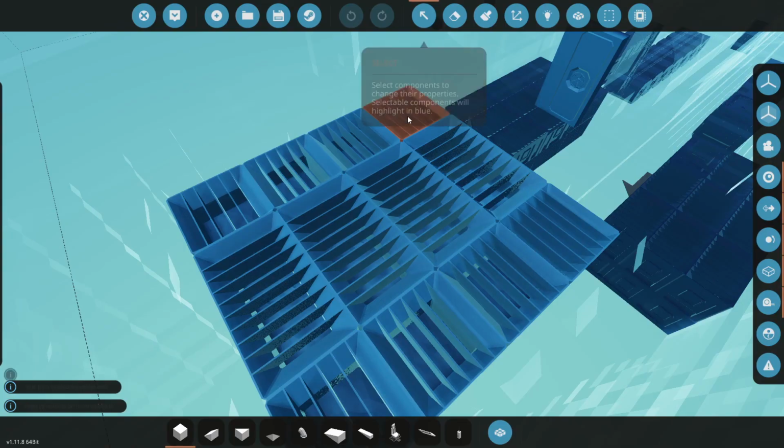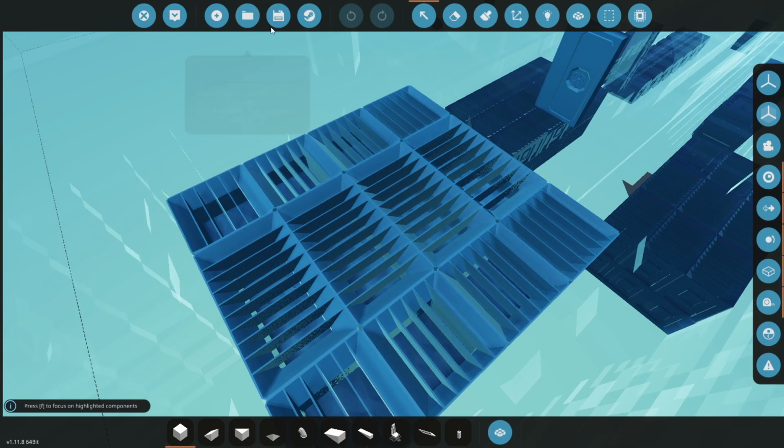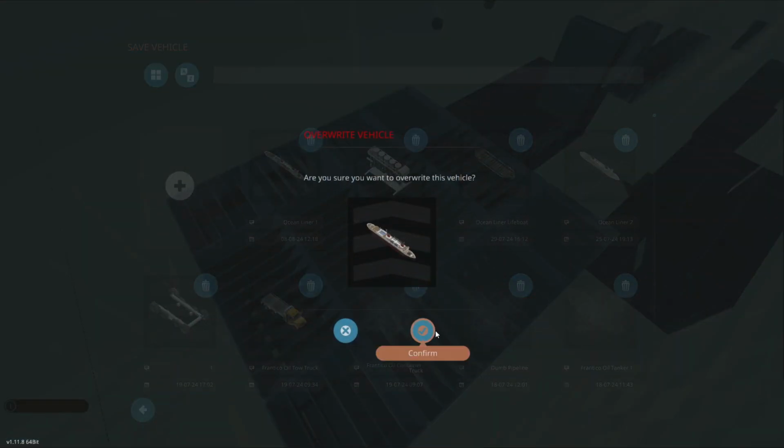Alright, so what we're going to do is, instead of deleting all of these, we're actually just going to go ahead and make them not have any coal in them. And what that'll do is actually raise the front of the ship up quite a bit, because this is a lot of coal sitting right here. This is a lot of coal. So if we do all of that and then we save it,